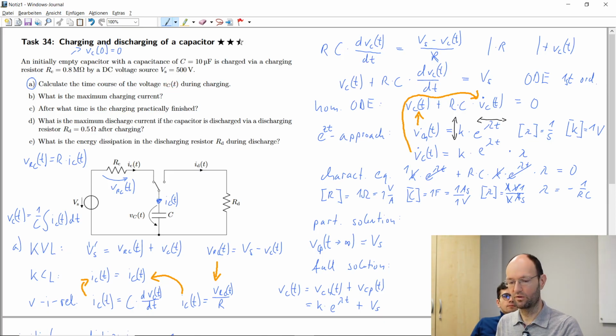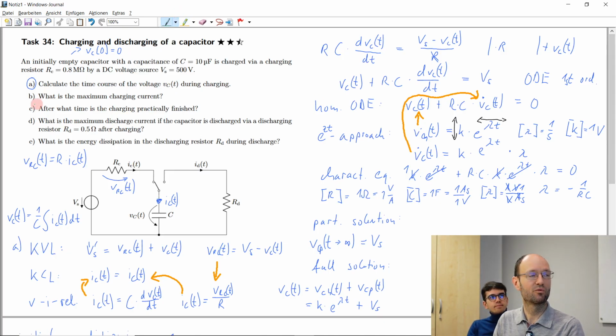So which questions do you have so far? As said, it's more or less a recipe. You can always do it the same way. And as said, the electrical engineering part is quite small. The rest is mathematics. Okay, so then we can continue with task B